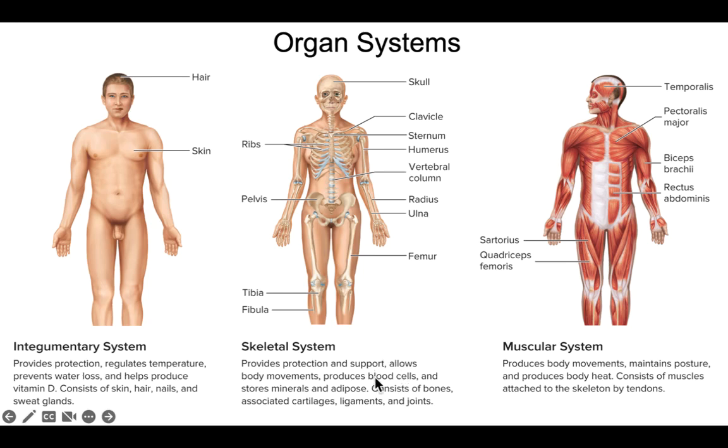So inside many of your bones is tissue known as bone marrow. And that bone marrow is what produces all the different cells that are in your blood. So it helps produce your red blood cells, your white blood cells, your platelets. So that bone marrow is very important. It stores minerals, it has a little bit of fat in it, adipose, but primarily those bones are for protection